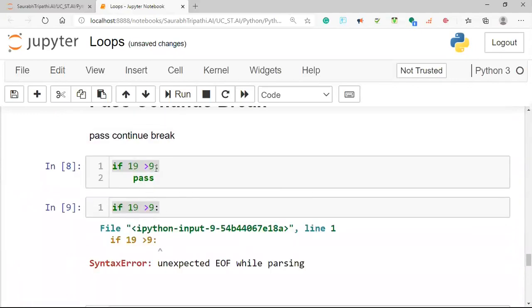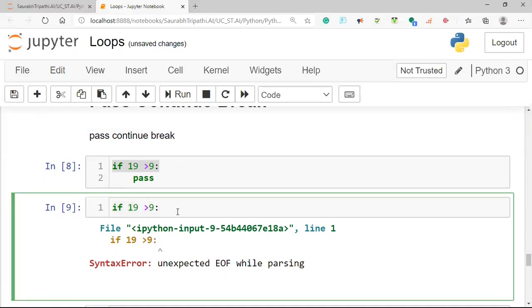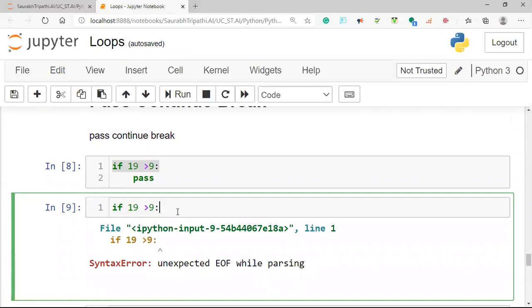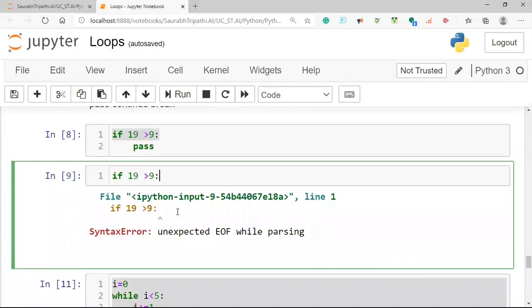And you cannot really work without them in situations where you don't have a body. So if you don't want to pass a body, you can use the pass keyword, and you can simply skip the hassle of defining the body on the spot. So you can come back later and define the body when you know your code better, and when you know about your code far more precisely. So this is how you use all the keywords: pass, continue, and break.